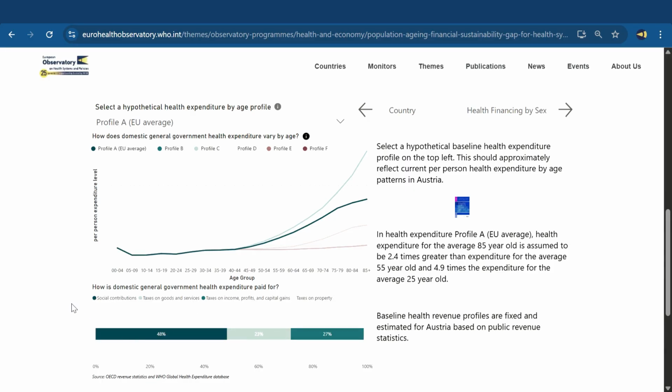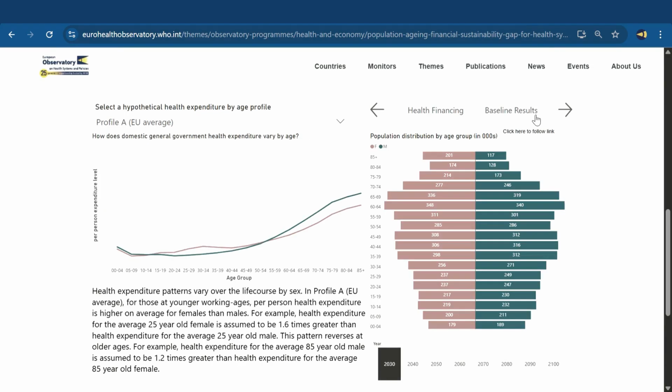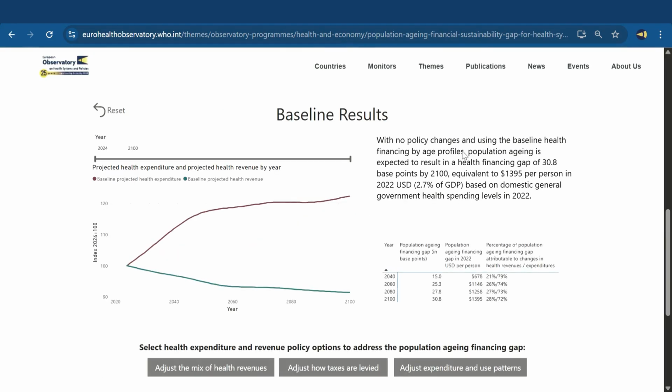So here, around half of revenues are coming from social contributions linked to the labor market. To see how health spending by age and the population age mix varied by sex and change over time, you can click here. Then we go to the baseline results, which show us how health expenditures and revenues per person